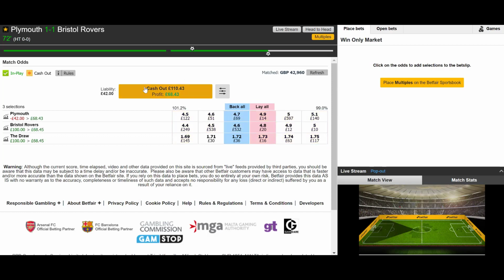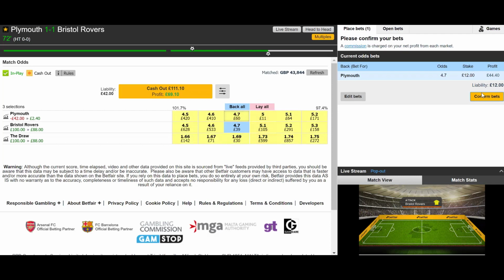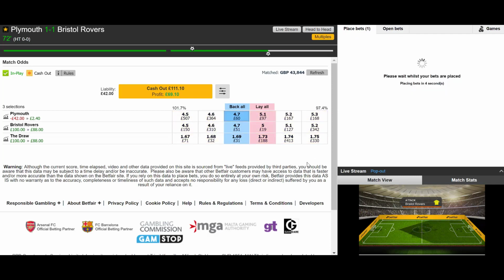So as you can see, I could cash out now for £68, but I'm just going to quickly show you something a little bit different. So if I just put in a bet of £12, we'll probably cover it. £11 might cover it as well. In fact, no, it won't. Let's just put in £12. So if I put in a bet of £12 on Plymouth at this price here of